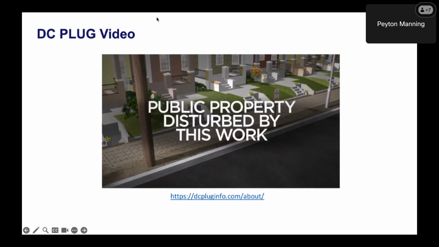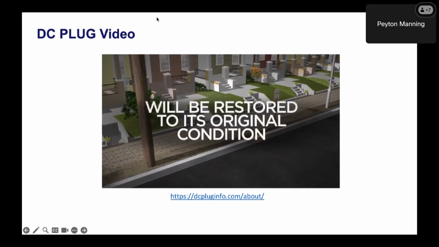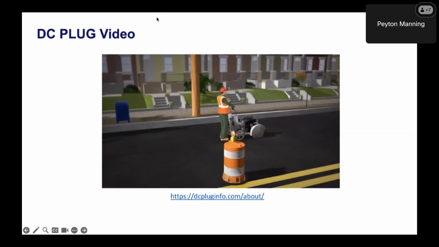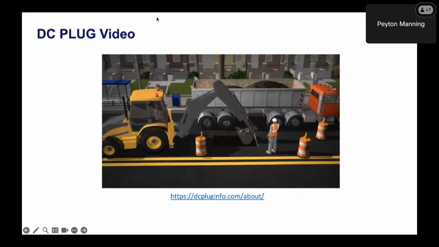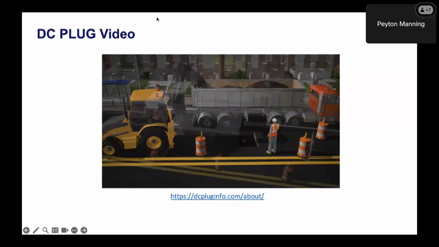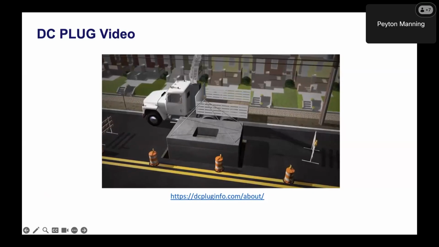Any public property disturbed by this work will be restored to its original condition. Construction workers will use asphalt saws to cut the pavement. A backhoe will dig a trench for the placement of the distribution line. Periodically along the main primary line, manholes and tap holes will be required